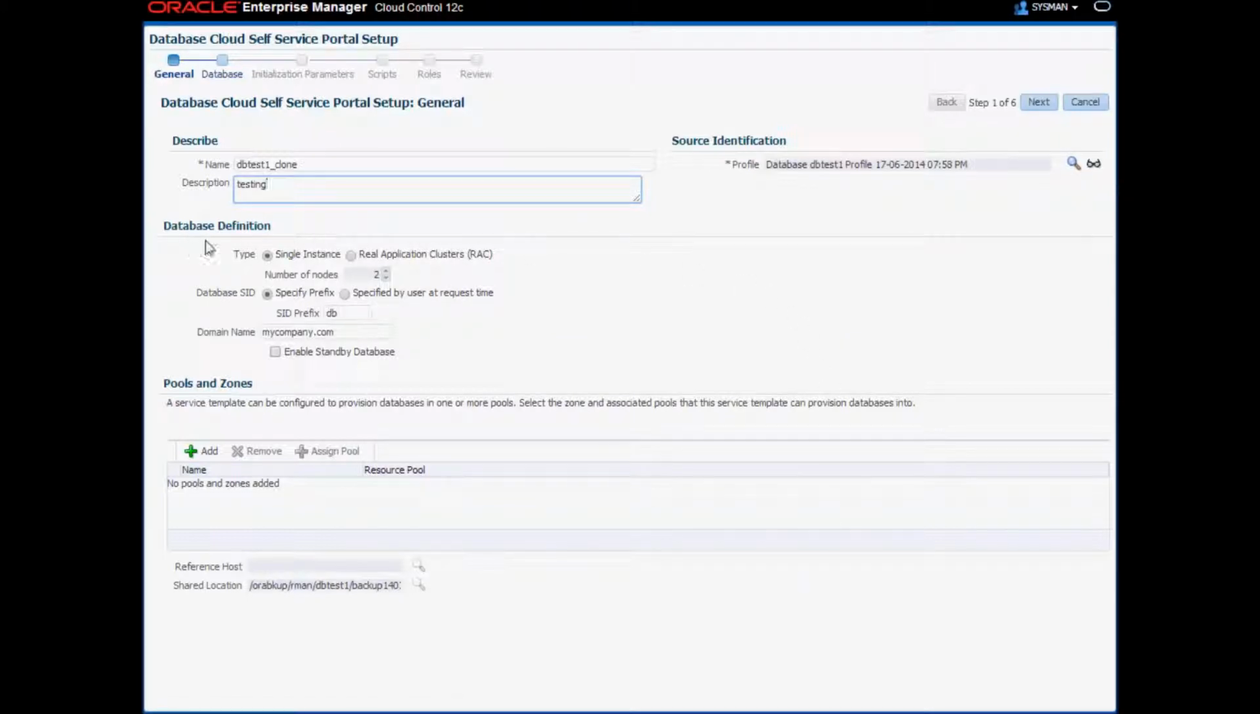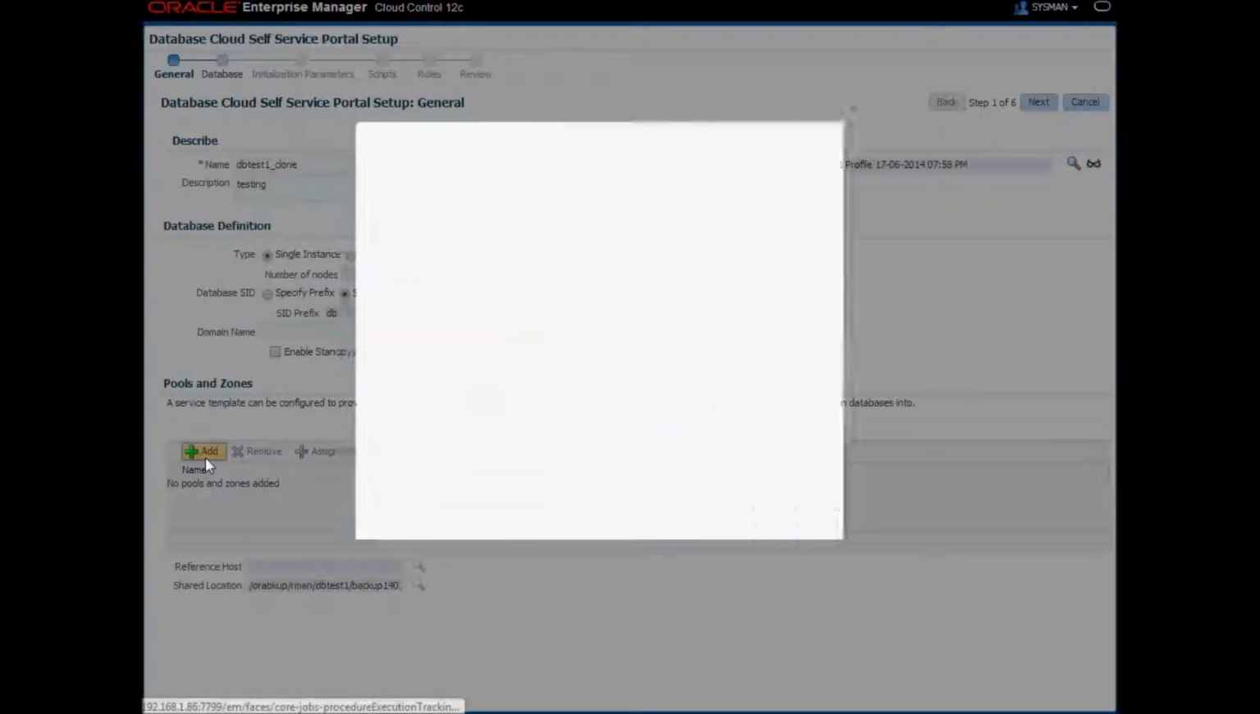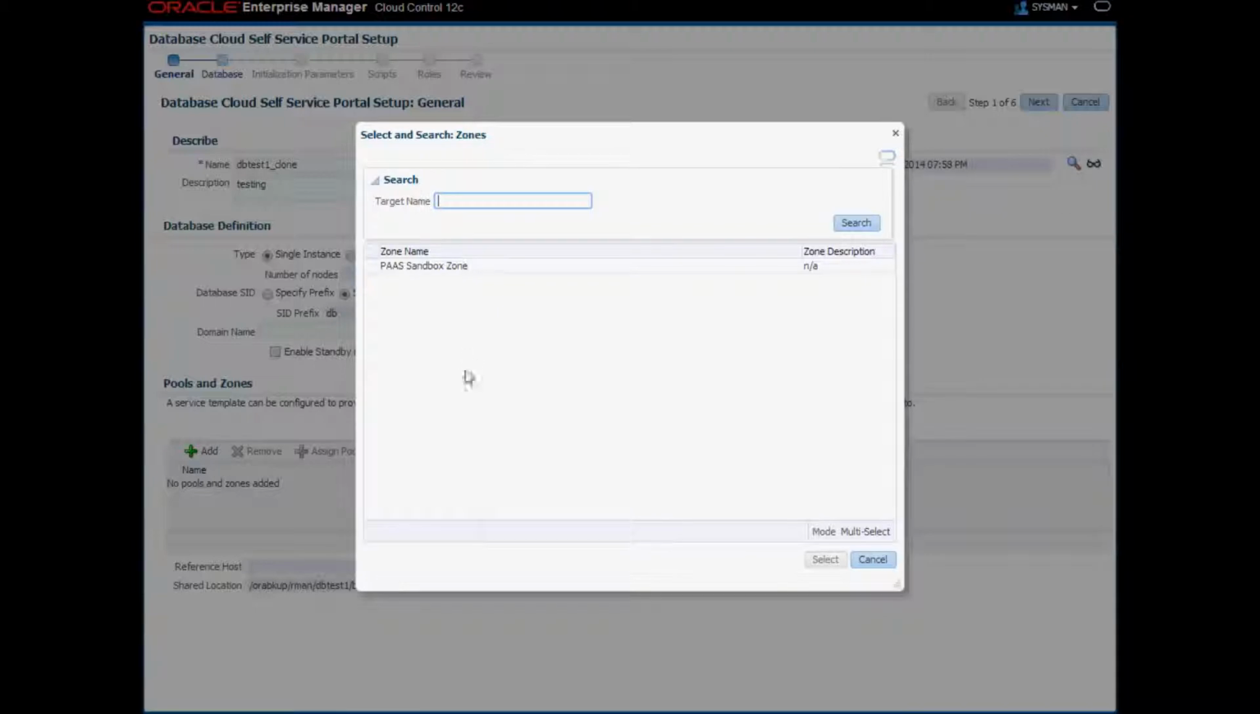In the database definition here, you can set if you're going to do single instance or RAC, and how many nodes you want to select. In my case, I'm going to do single instance, and yes, this new part that's in R4 allows the user to specify the name of the database at request time, so you can select that. Now click the add button at pools and zones, select the zone,